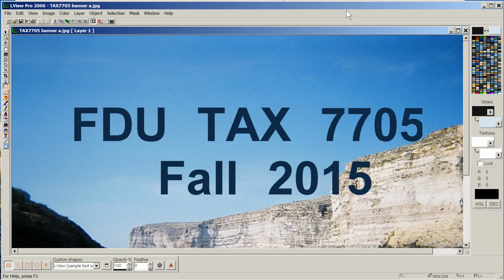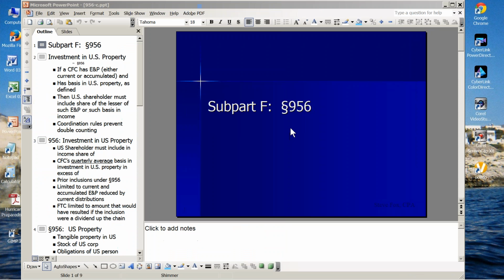So this is an additional session of Tax 7705, International Corporate Tax, on Subpart F. Tonight we'll be talking about Section 956, as shown here. 956 has as its purpose preventing U.S. shareholders from getting the use of money of their CFCs. It doesn't matter how the CFCs earned the money. The idea of 956 is to cause taxation when the shareholder gets to use the money, even if it's not